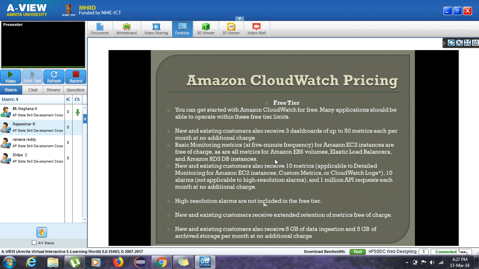The 5-minute frequency is the default one. If you want any other frequency, like every 1, 2 or 3 minutes, you need to set it to get those statistics or metrics, and then it will be charged. The same applies to all metrics for Amazon EBS volumes, Elastic Load Balancers, and Amazon RDS DB instances. New and existing customers also receive 10 metrics for detailed monitoring. Detailed monitoring is what I said: if you want it done every 3 minutes, every 2 minutes or every minute, then it